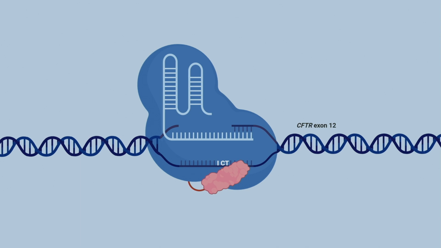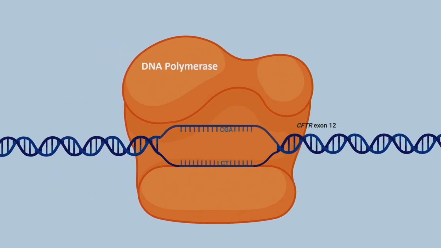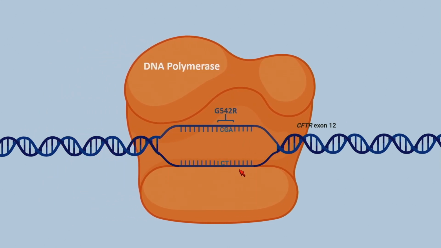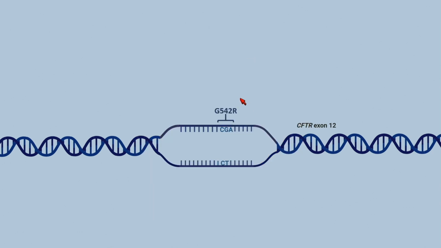non-edited strand, thus creating a gap there, and now we have a single strand break that needs to be repaired. So the DNA polymerase is called, and it will use the bottom strand as a template to fill in the gap in the top strand. So now you see we have a cytosine there, but this has just created a new variant, G542R. So we are quite literally rewriting a CF-causing mutation, so it's quite fitting with the title of the